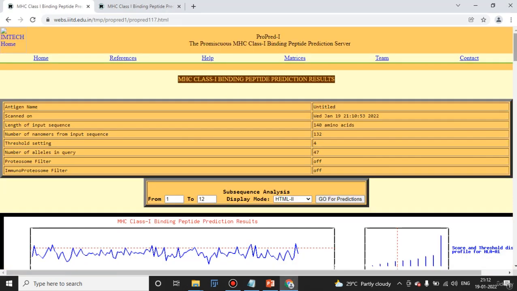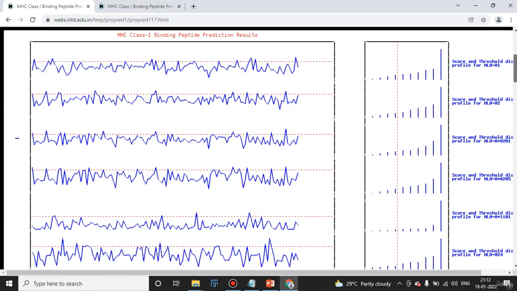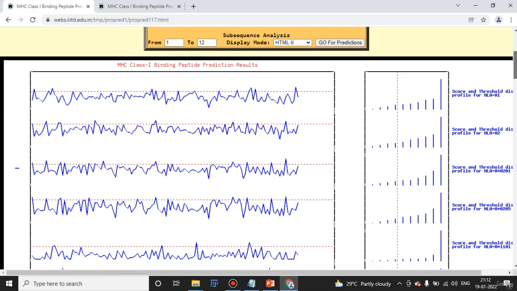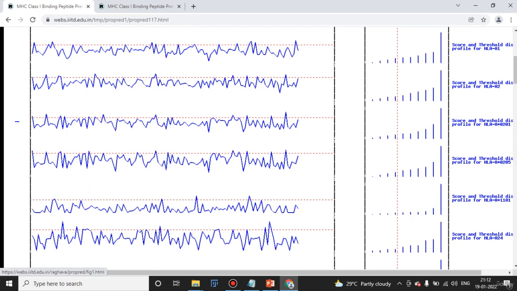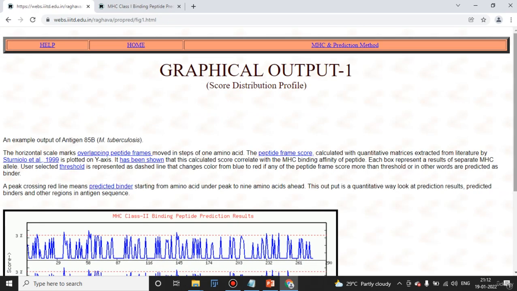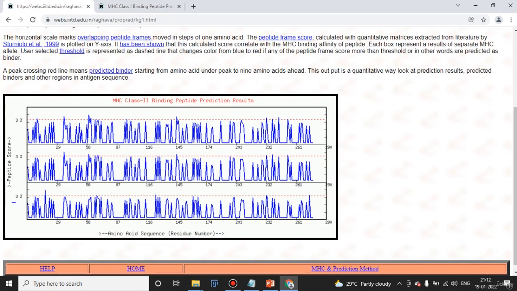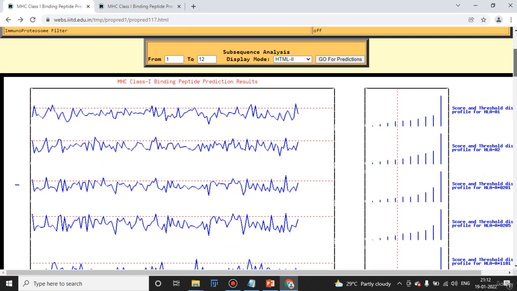Now you can use this graphical display for your paper. You can cite this particular thing. Now this is how the graphical display looks for the MHC class 1 binding peptide. On the left hand side, if you click here, it will say how the graph looks. So the x-axis represents the amino acid sequences. This is your threshold value, and the y-axis is the peptide score. So if you go back, you can see the peptide score